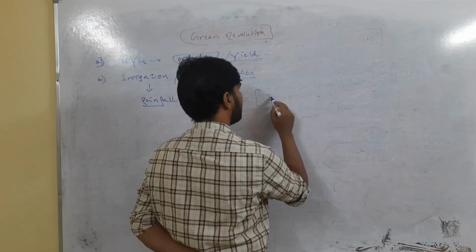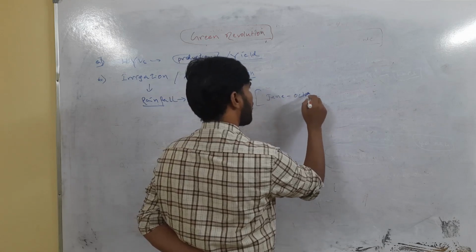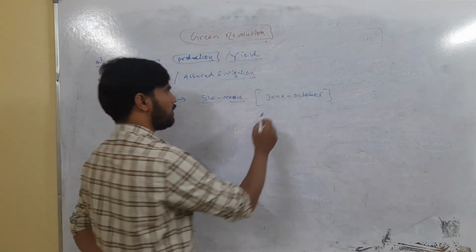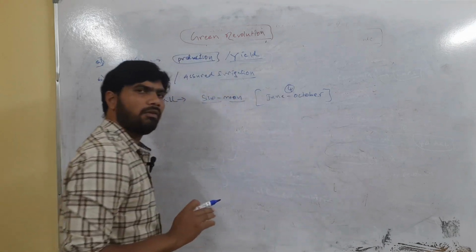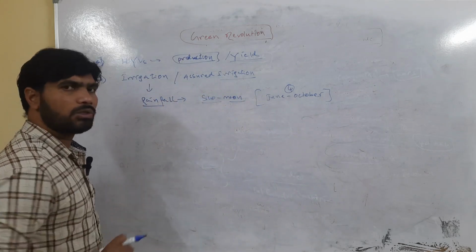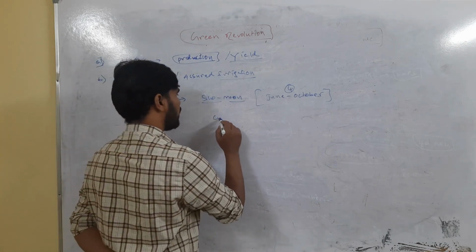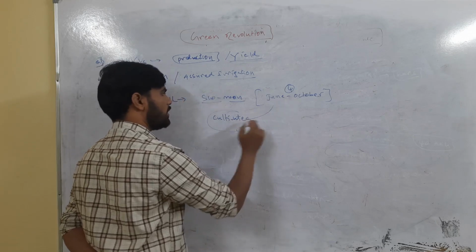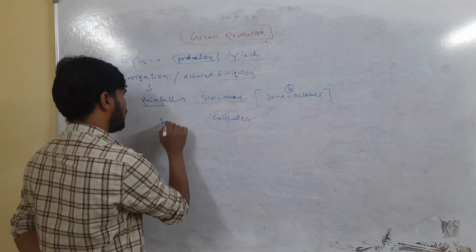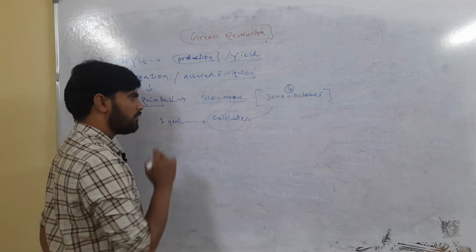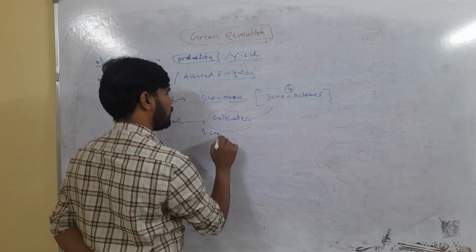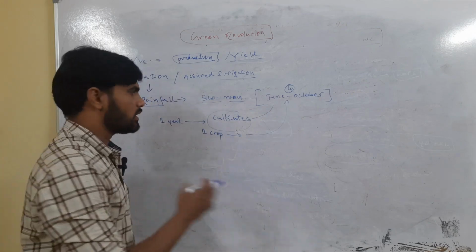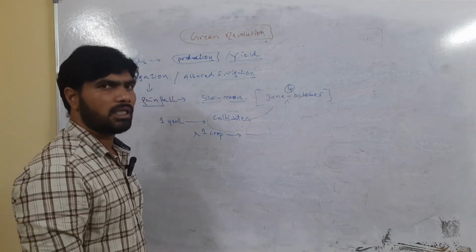Generally, what is the period? From June to October. This is the period of the green revolution. So this is a period of 4 months during which rainfall used to be available in our country, the monsoons. So we used to cultivate a crop which takes help of these monsoons. In an entire year, there is cultivation of only one crop, and that too depends on the monsoon. If the monsoon fails, this crop will also fail. That is the end of the chapter.